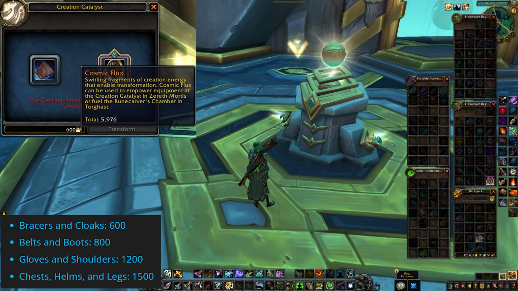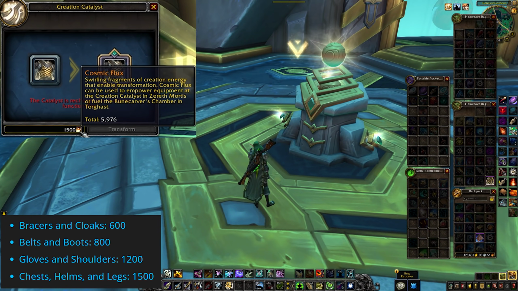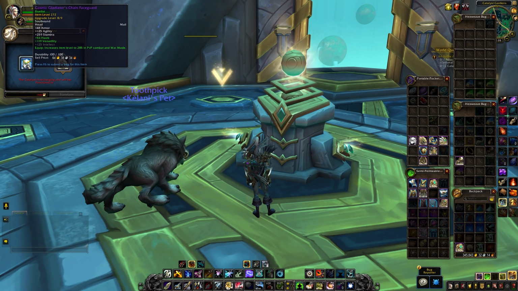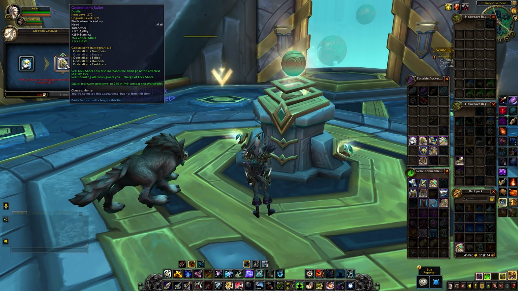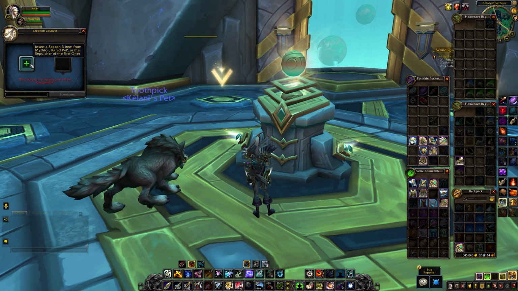Braces and cloaks will cost 600, belts and boots will cost 800, gloves and shoulders will cost 1200, and then chests, helms and legs will cost 1500. Note that while you can upgrade all of these different slots in the Creation Catalyst, you will only get the set bonus or tier bonus on the same slots that drop with it naturally, those pieces being head, shoulders, chest, hands and legs. Upgrading the other pieces of gear can be useful for changing stats or unlocking the matching transmog,